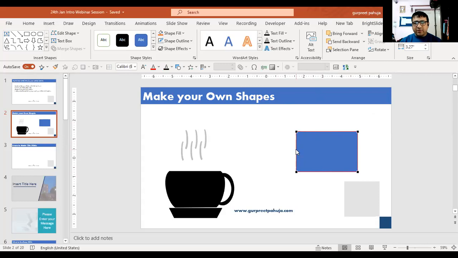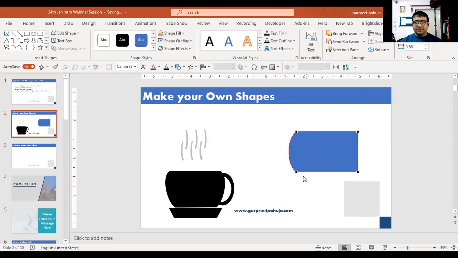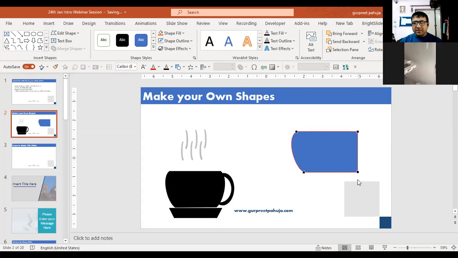I right click over here and I do curve segment. Then I pick up this black point and I move it. Similarly for this one, I do curve segment and I move this.